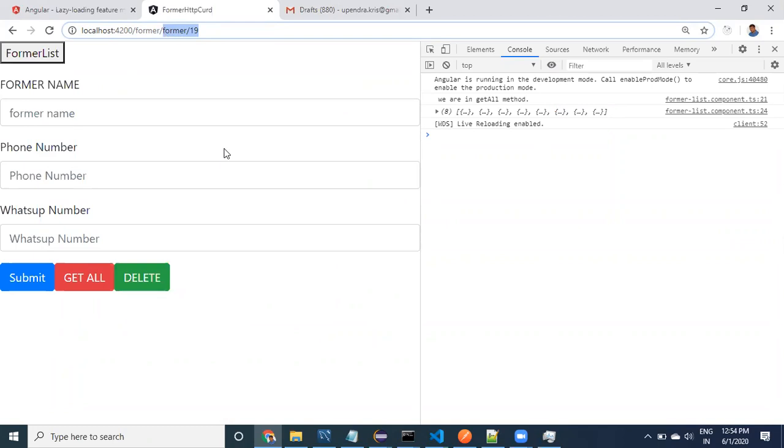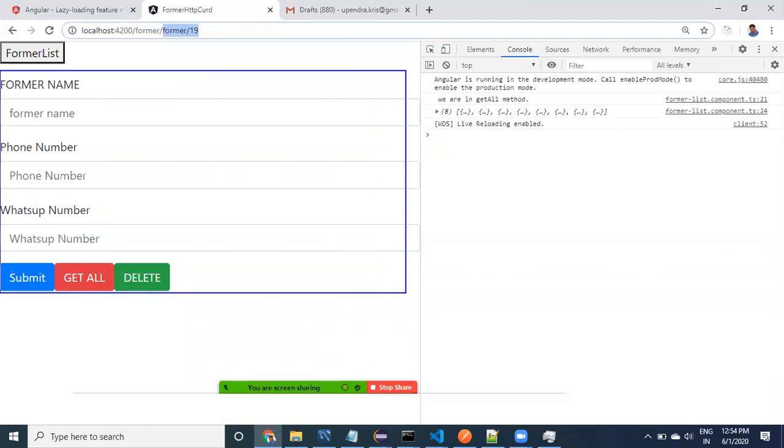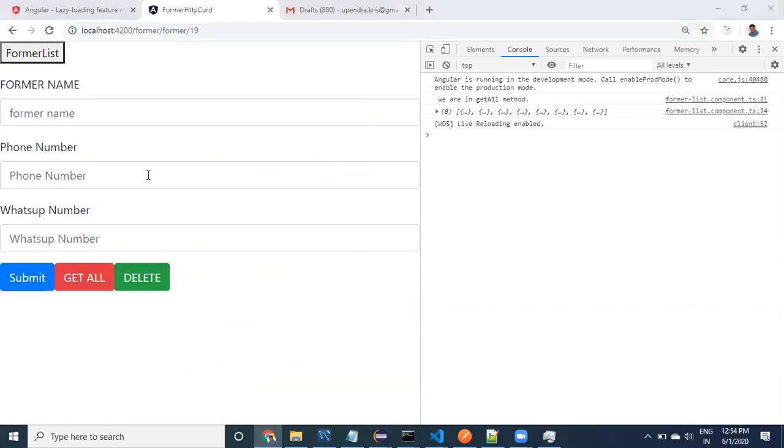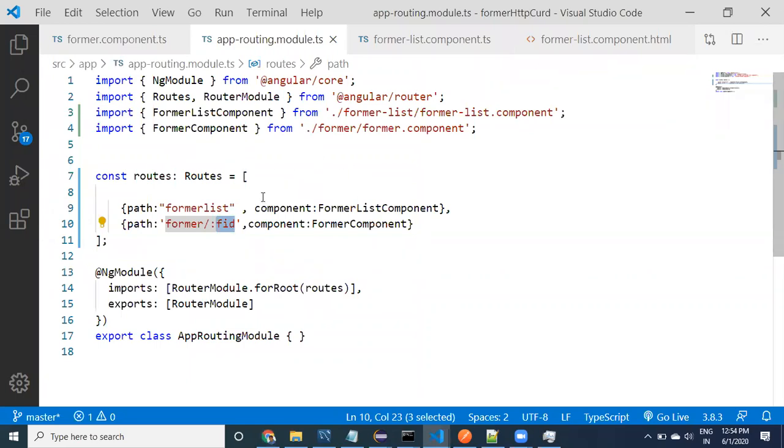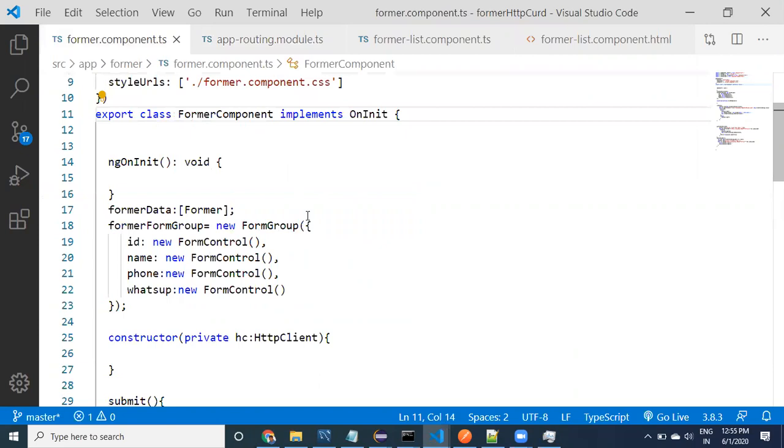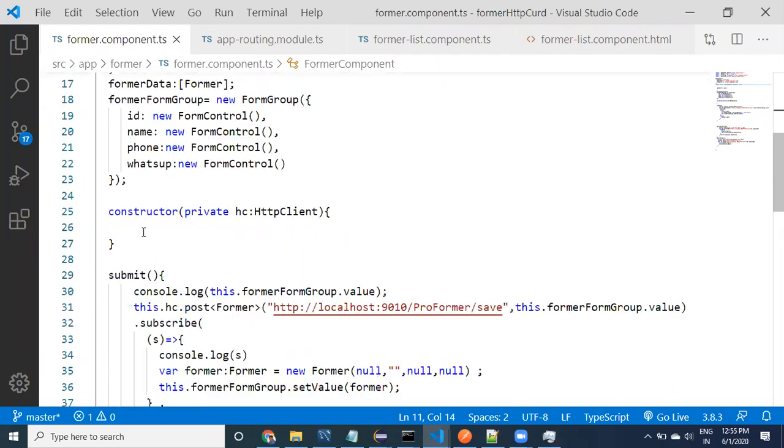After getting the 19 value, we have to read it in this particular component. Which component are we in? The farmer component, so let us go to the farmer component. Now we have to read the data. When the farmer component is coming up, the value is also coming, right? Within the constructor you can read the data, because this is coming to the farmer component along with some value.